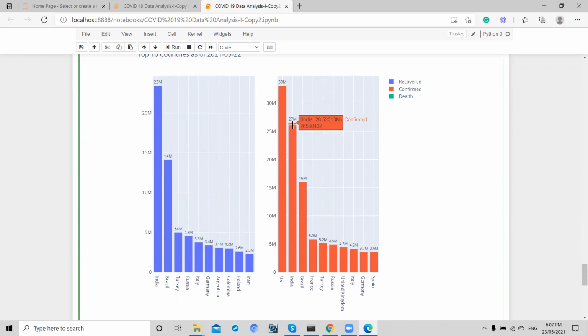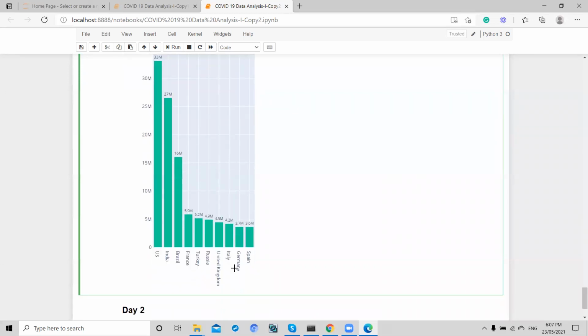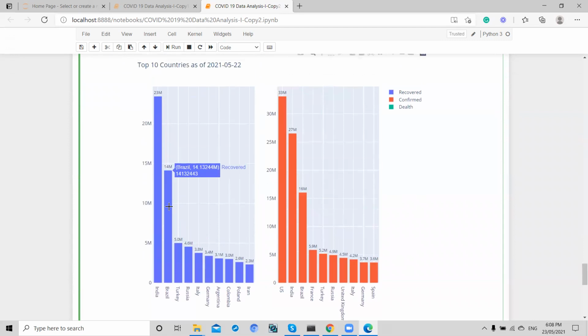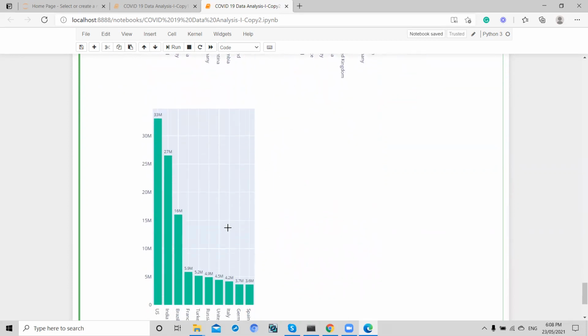In India, we had 27 million confirmed COVID cases, out of which 14 million have recovered, right? The green, red, and blue indicators tell you which one is confirmed, which one is death, and which one is recovered. Okay,